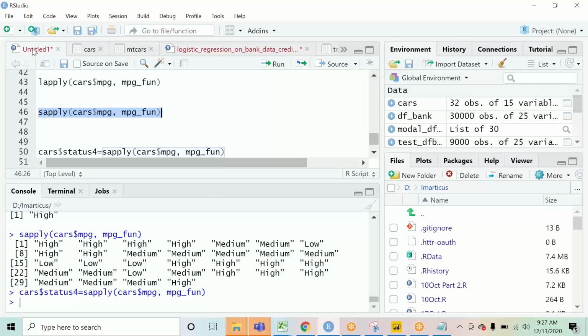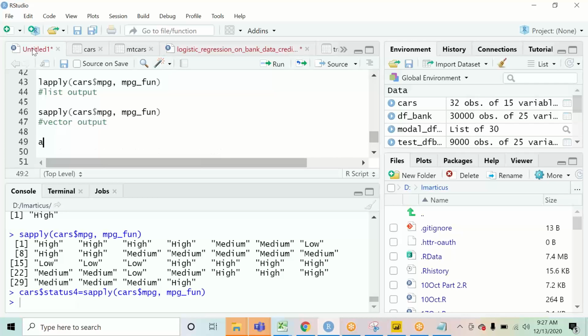Getting in, class? So the only difference is that if you use lapply, it gives you the output in the form of a list, right? List output. Sapply, it gives the vector output.